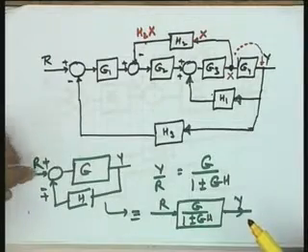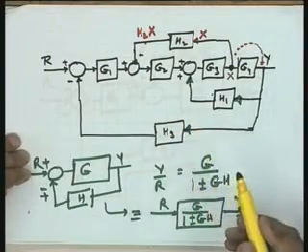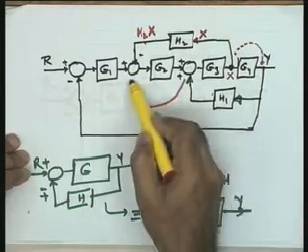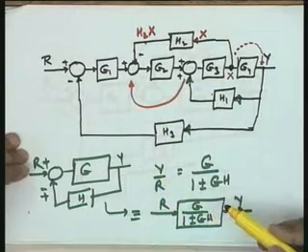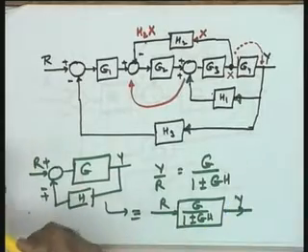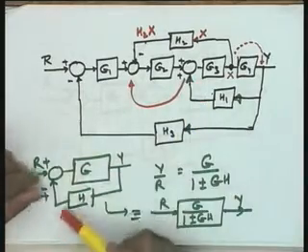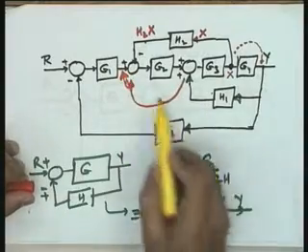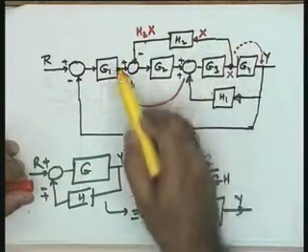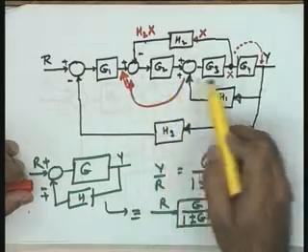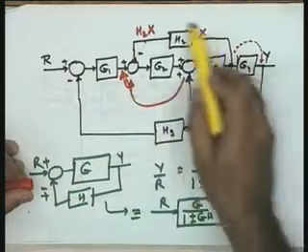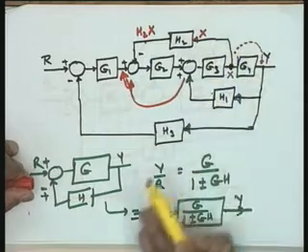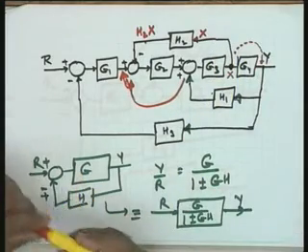Yes, okay. Let us take this point. His suggestion, change the summing junction. Let me change this to this place. Okay. If I change this summing junction to this place, what will happen? Rather, even let me say to this place. In that particular case, you will find this will be a clear loop. If I change the summing junction to this point, this will be a clear loop, and once I reduce it, well, the subsequent reduction will be easily visible.